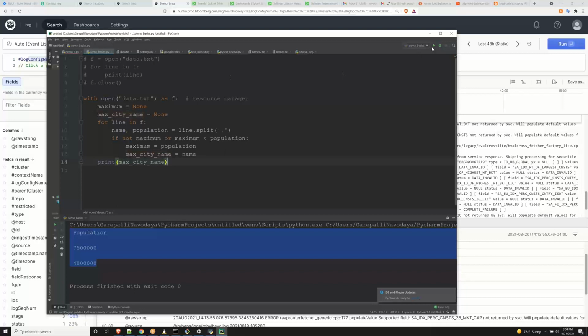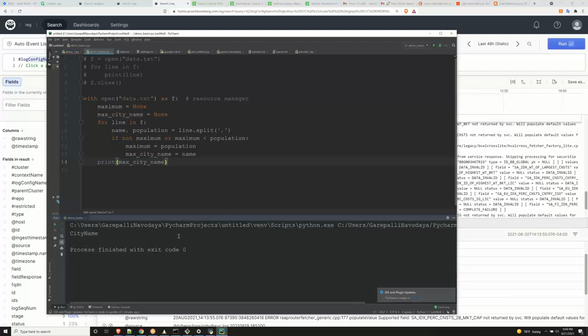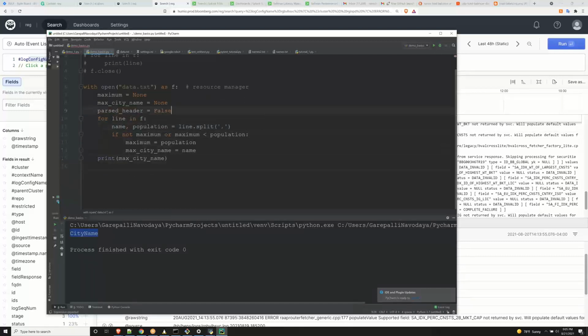I'm going to explain the code in a bit. I just want to show you that. There's a city name here, which means we have to ignore the first line. So let's say header: did we already pass the header? It's false here. So I'm going to say that we just passed the header, and if you pass header,